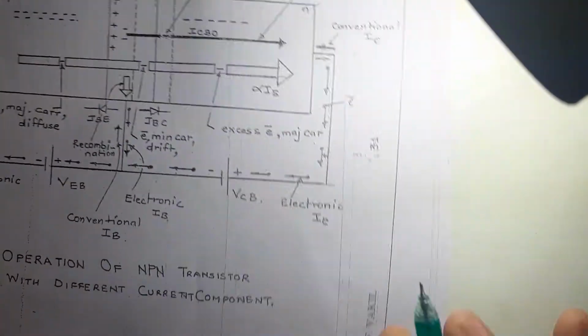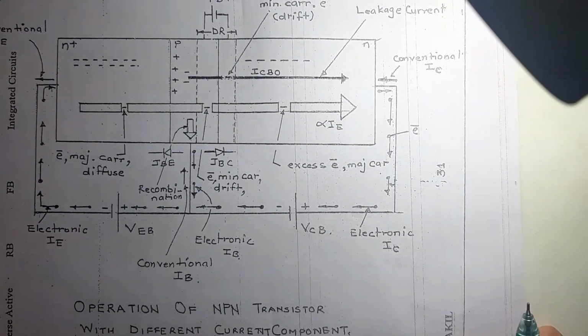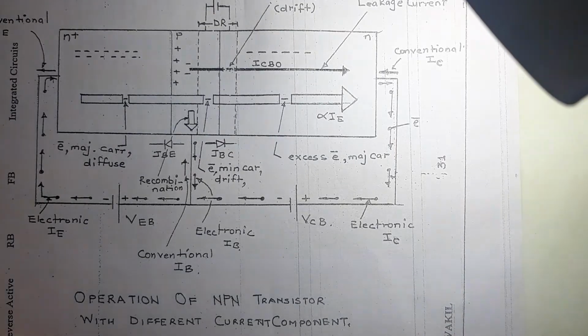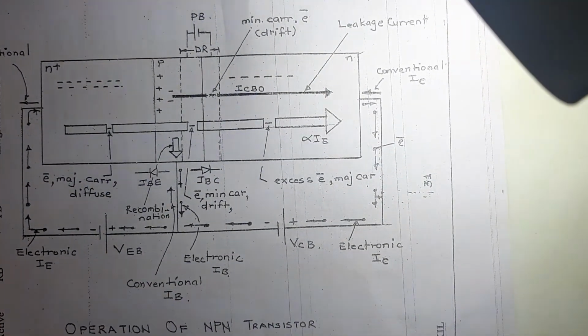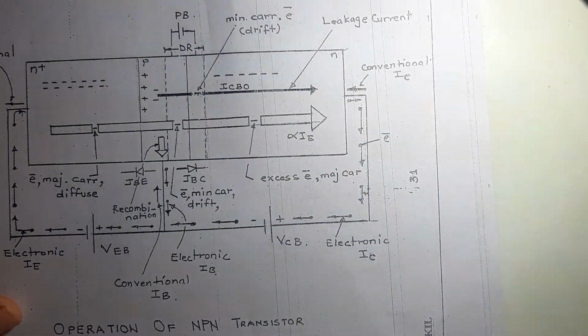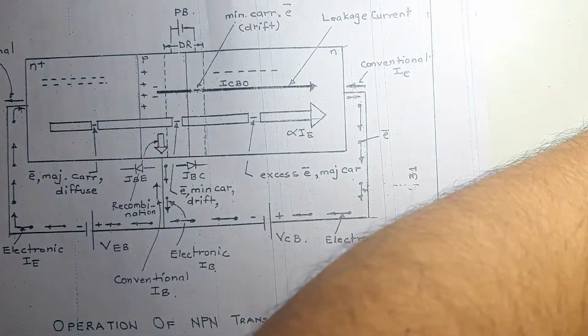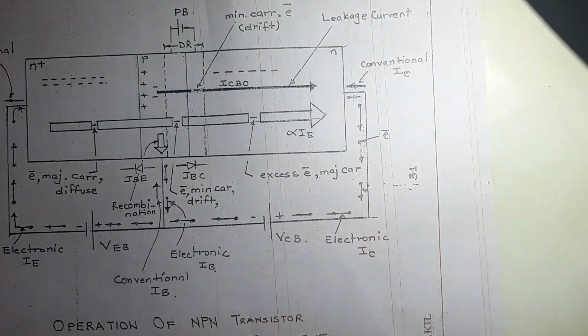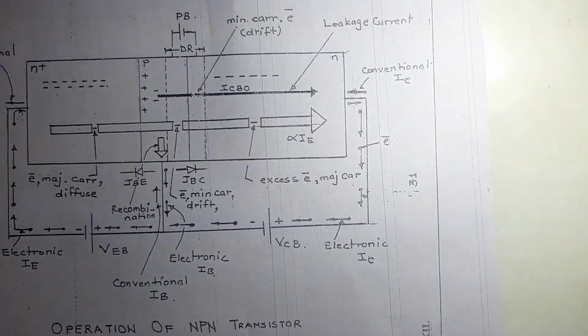Now we'll be moving on to the working of a BJT. Now what do we actually mean by the working of a BJT? Let's see whether it is adjustable first of all. Just a moment. I'll just verify. Just a moment. Now this is how the actual BJT working looks like.